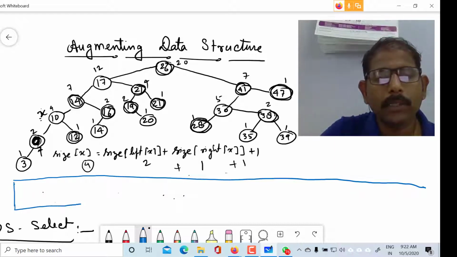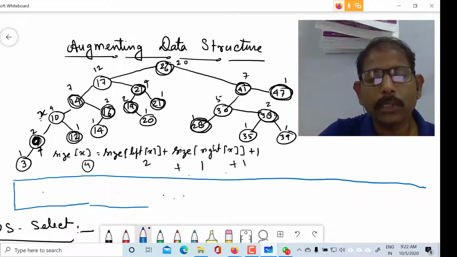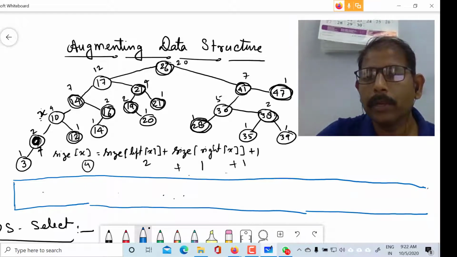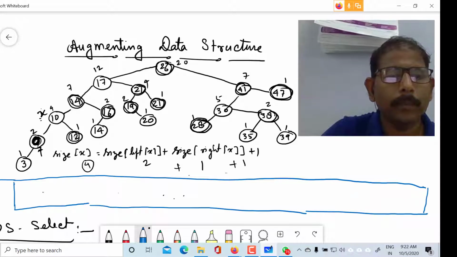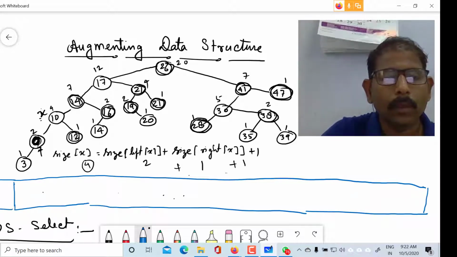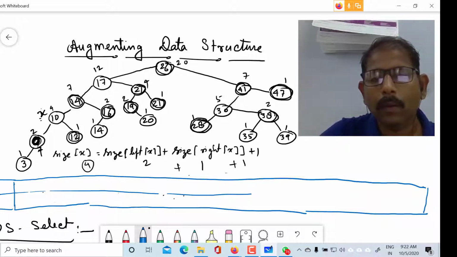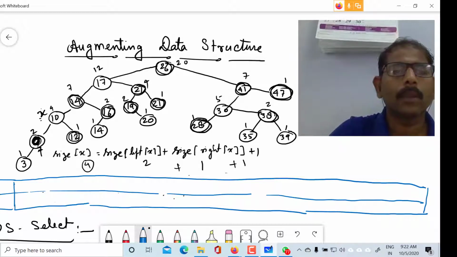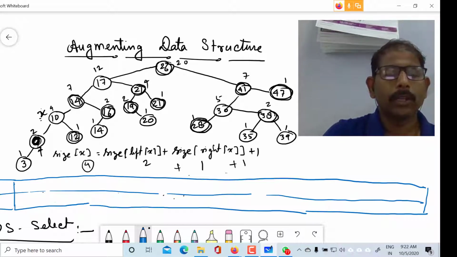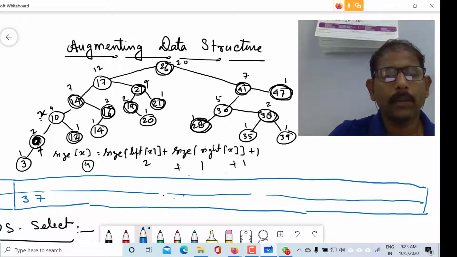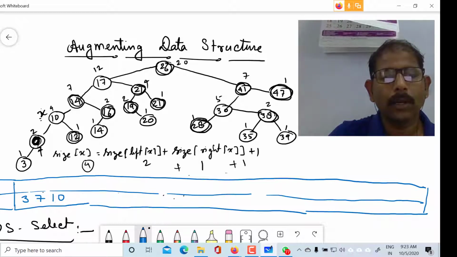In the first row of this table I am writing the position, and in the second row I am writing the element itself. So 3 is the first element, after that 7, after that 10, after that 12.